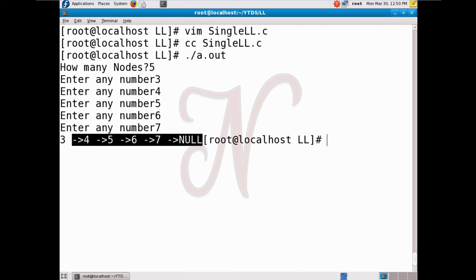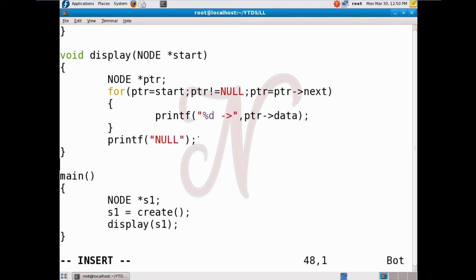Now we create two linked lists which are already in sorted order and pass these two linked lists to a merge function. So let's see, here we add one function, node star merge. Here these are two parameters L1 and L2.